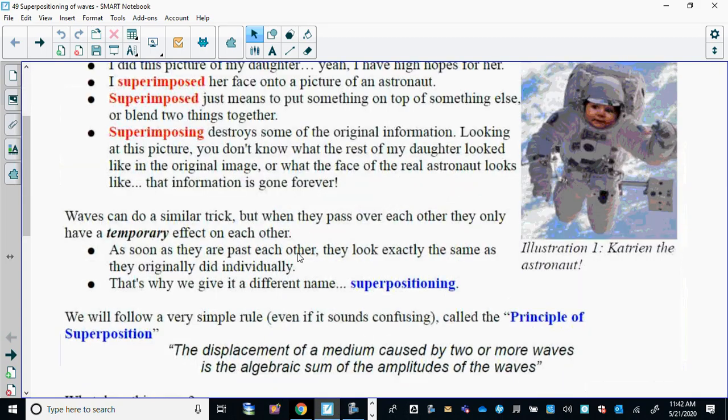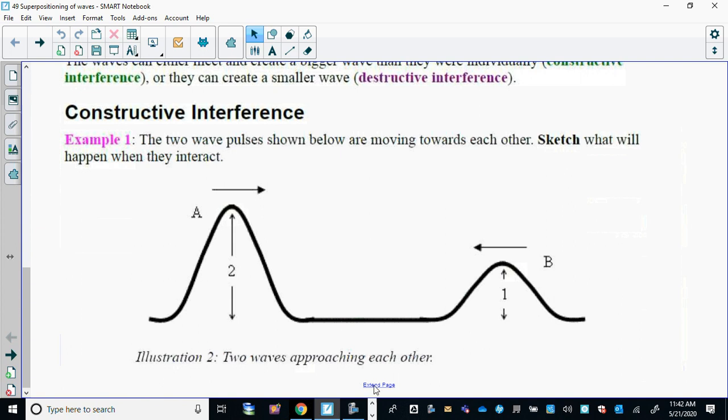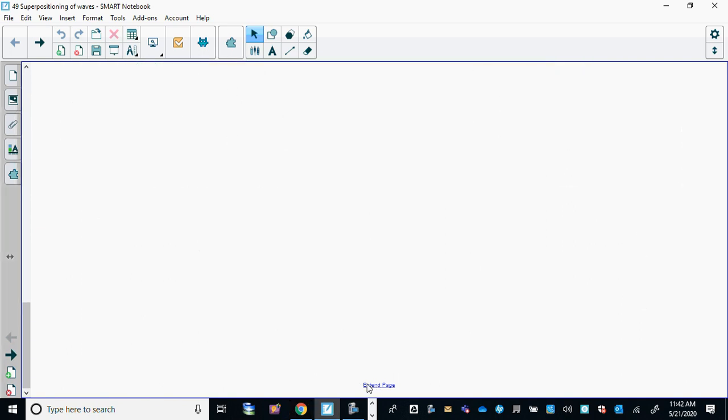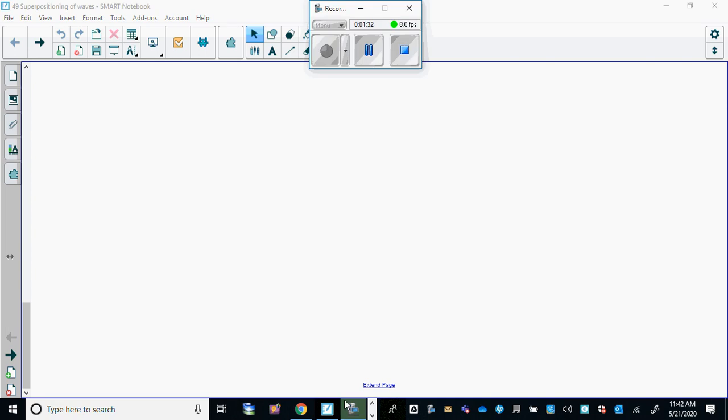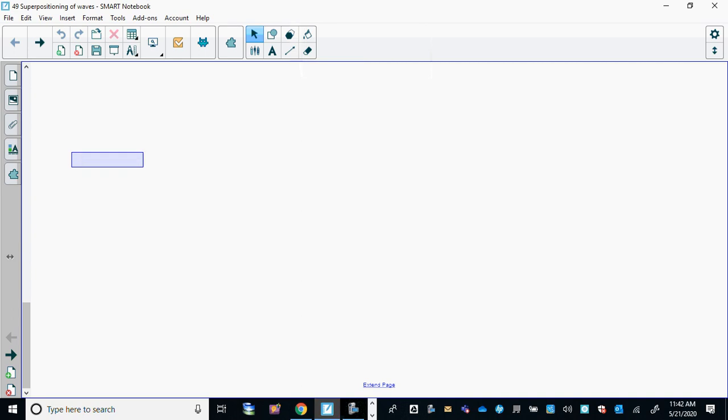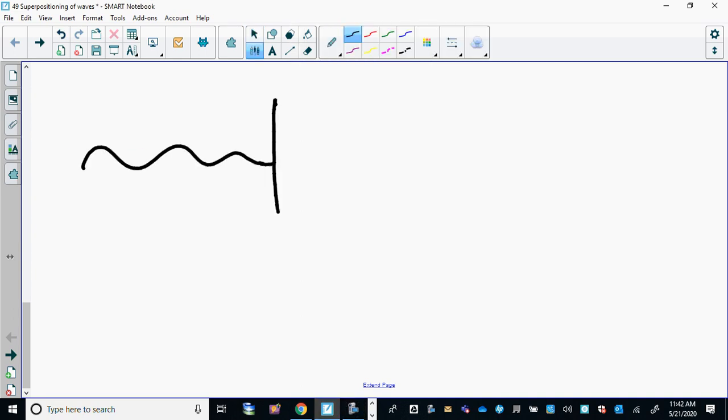And what's happening here? Well, we learned in our last lesson that if a wave hits a boundary, then it reflects. So here's a wave. Hits this boundary and it reflects, comes back upside down. Now, what happens if I send a pulse going this way, and then over here I have another rope and I send another pulse going this way,